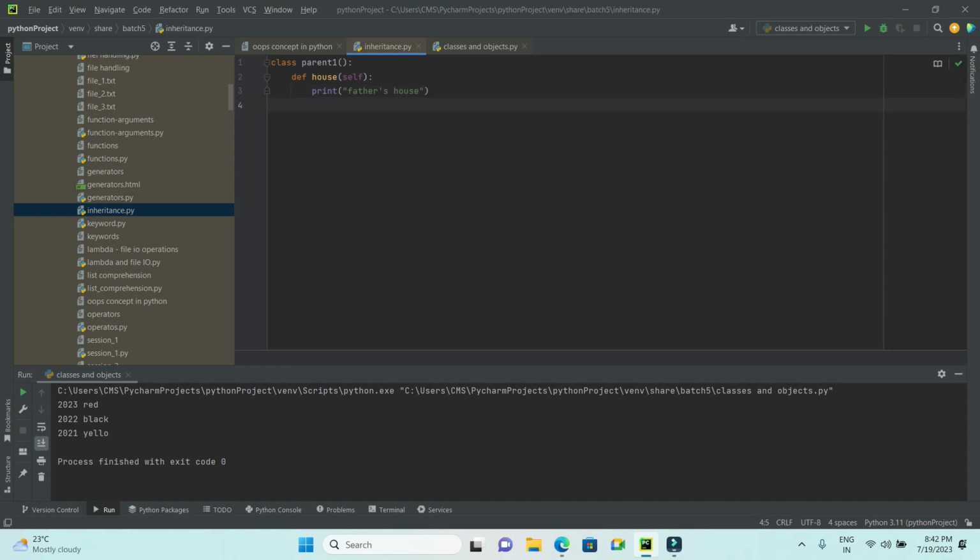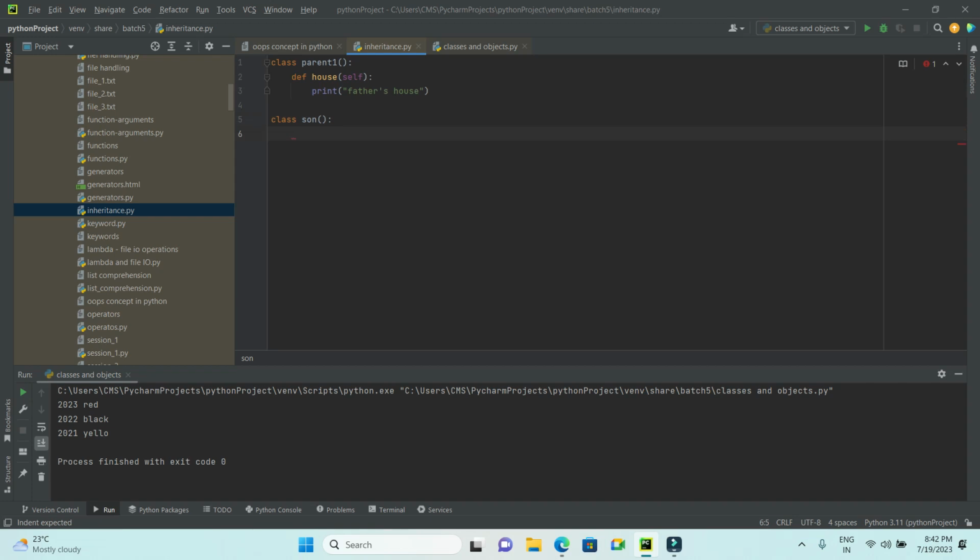Now first we'll look into single inheritance. Next I'll have one child class. This is the child, let's say son. Son is the class, and